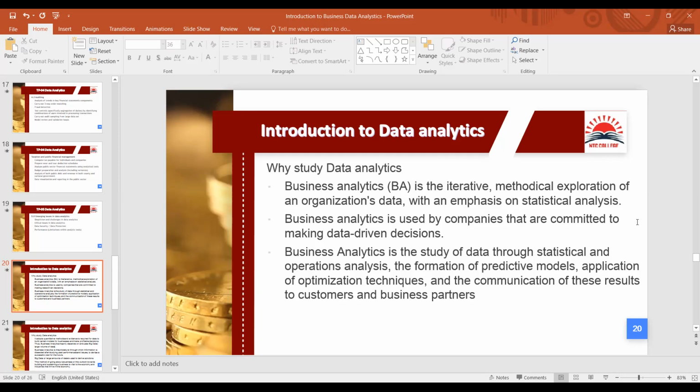An example, let me use an example of probably a company like Safaricom. Before they launch a new product, before they come up with any decision, probably what they usually do is that they look at the previous data that they have, they analyze the data, then thereafter they are able to come up with insights before they make any decision.